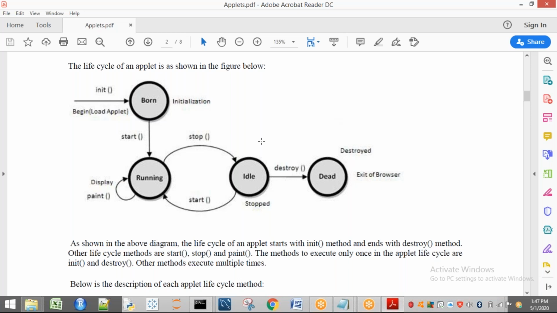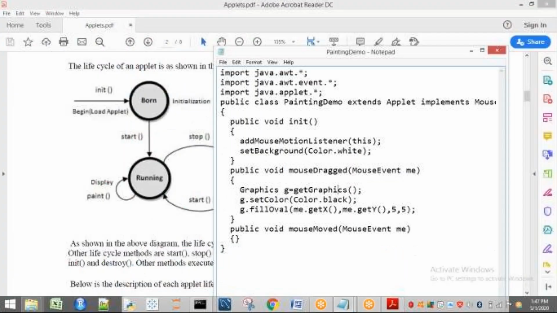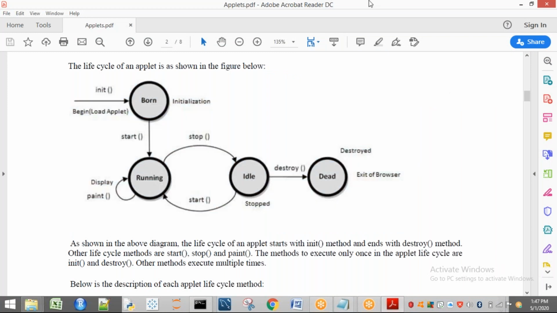Now, when can we say our applet is in idle state? For example, see here, I am highlighting another one. Now this applet goes into idle state because I am accessing this one now. This is one case. Next case, if I minimize this window, that means your applet goes into idle state. Okay, that is what is meant by idle state. So stop is different, destroy is different. Stop means you will go to idle state.